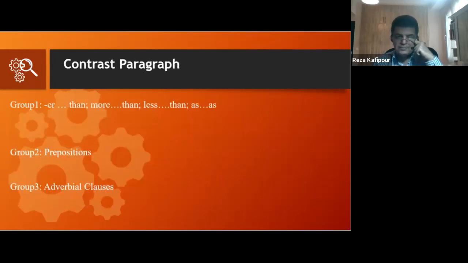So for paragraph of contrast, it is clear we are going to discuss differences between two persons, two ideas, or two concepts. Maybe the commonest one and the simpler one is the use of comparative adjectives to say that two persons are different from each other in a specific aspect, for example. So group one signal is the use of comparative adjectives, for example, -er than, more than, less than, or the structure as. So let's see how we can use them in